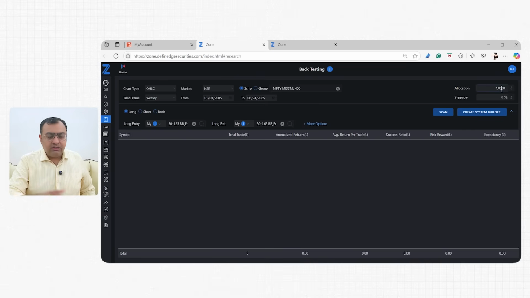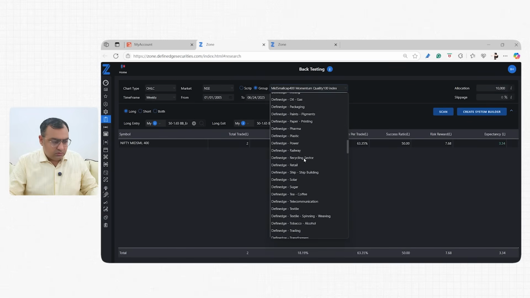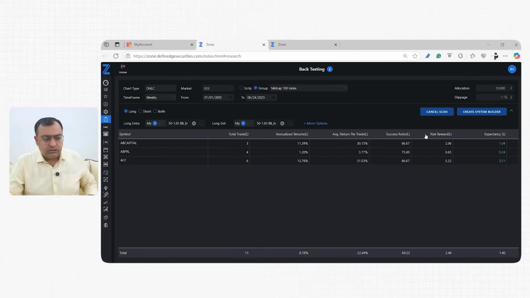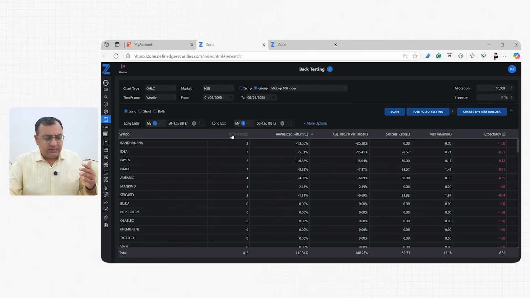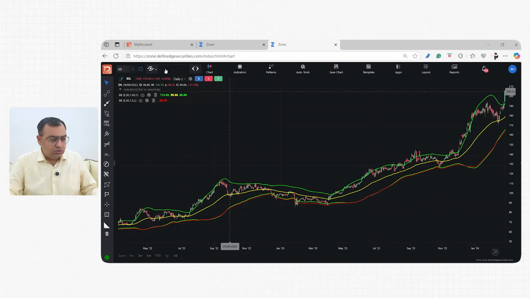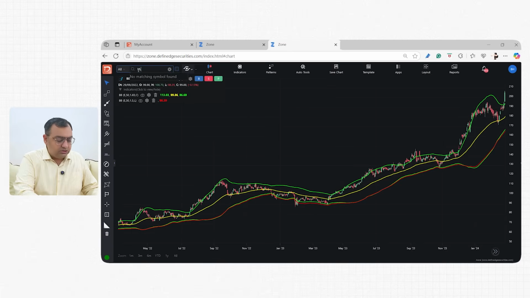I'm just allotting 10,000 to each stock. Let's say I'm taking the Midcap 100 stocks over here, just to highlight. So there are 3 trades, 7 trades, 5 trades. There would be a lesser number of trades over here. We are taking average trade return per trade. There could be some stocks which haven't been performing. So again, BSE, Mazagon Dock, RVNL. If I go on to BSE over here, which is topping the table,